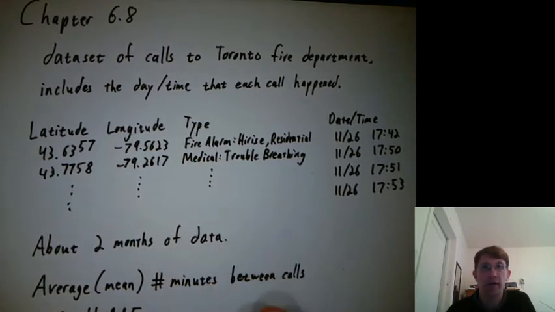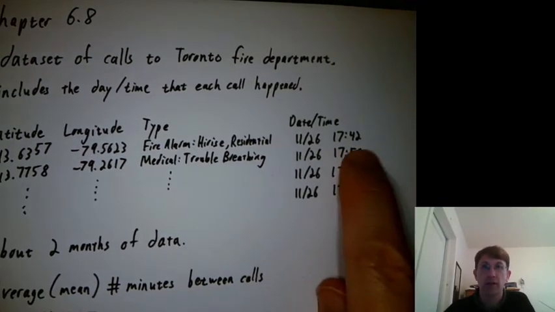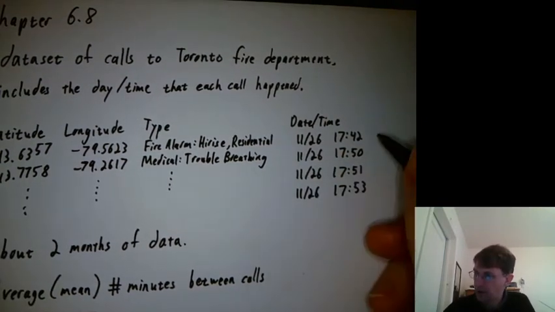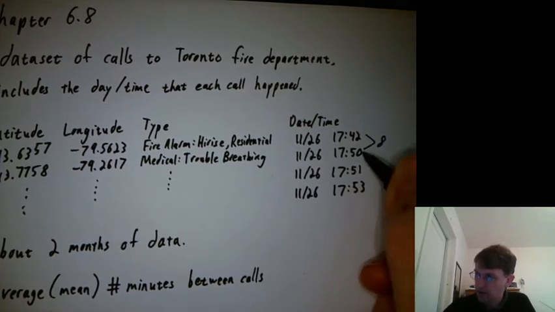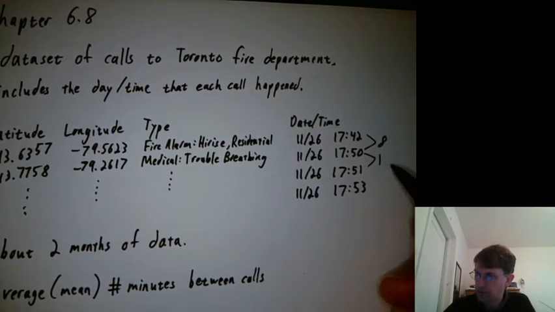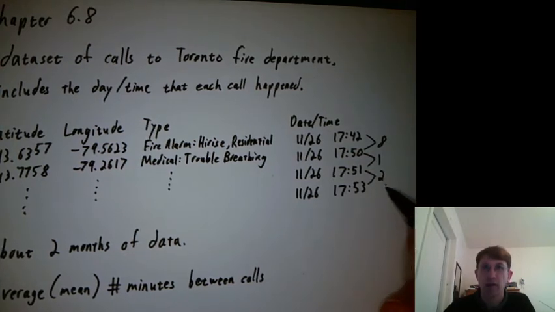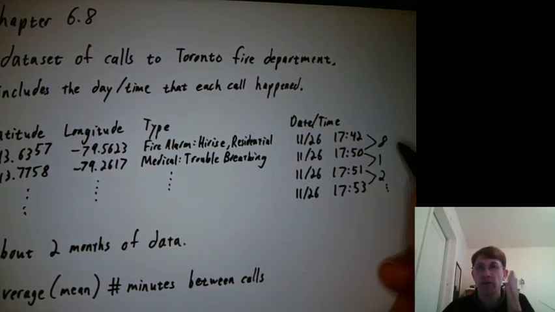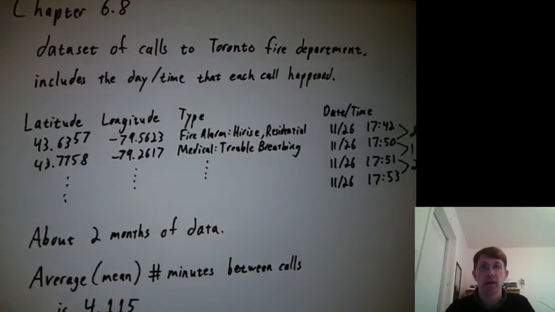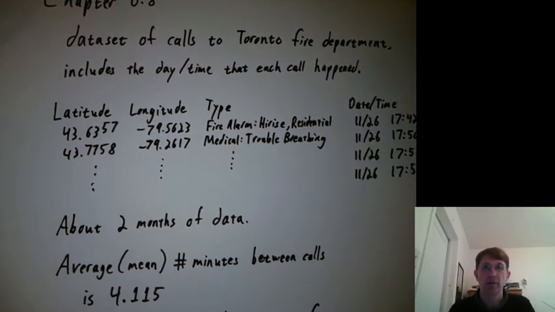It was about 2 months of data. And I took the difference between this call and this call, so that would be what, an 8-minute difference? And the difference between this call and this call would be 1 minute. The difference between this call and this call would be 2 minutes. So just the time from one call coming into the next,